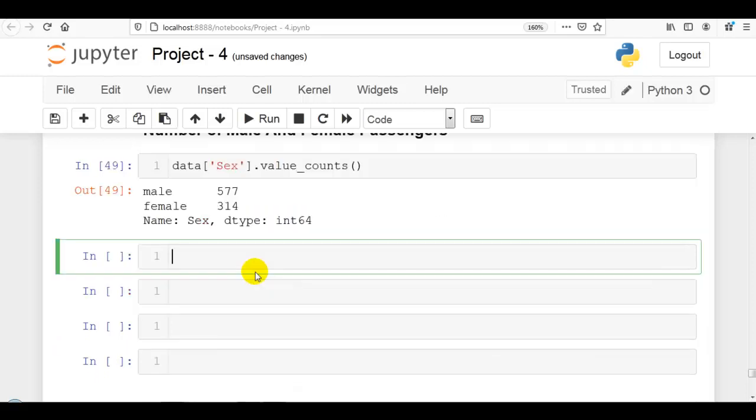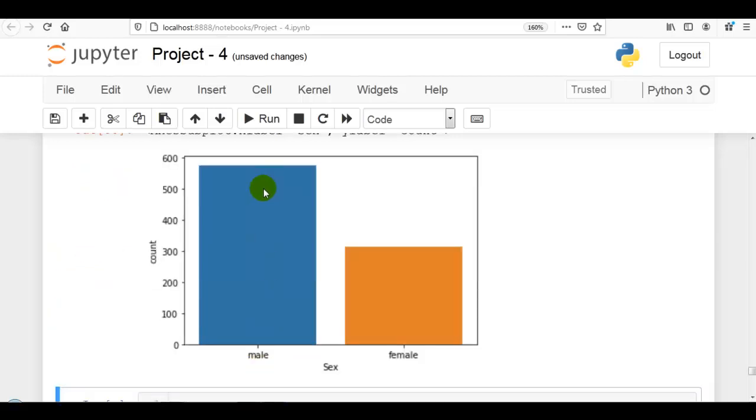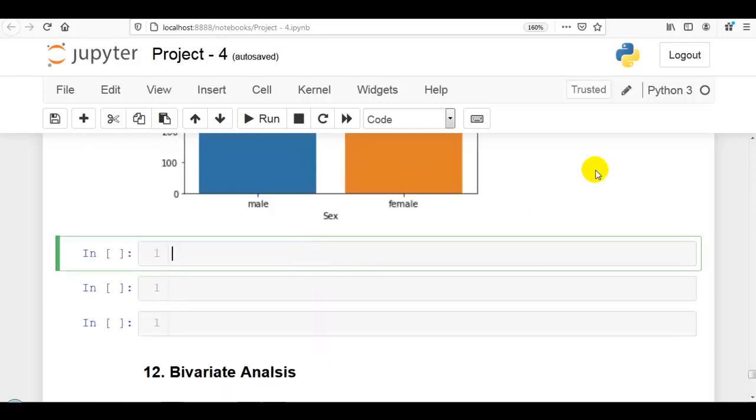It is again a categorical variable, so we can visualize it with sns.countplot, data and sex. Let me execute this cell. The number of male passengers is higher as compared to female passengers, as you can see from this graph.